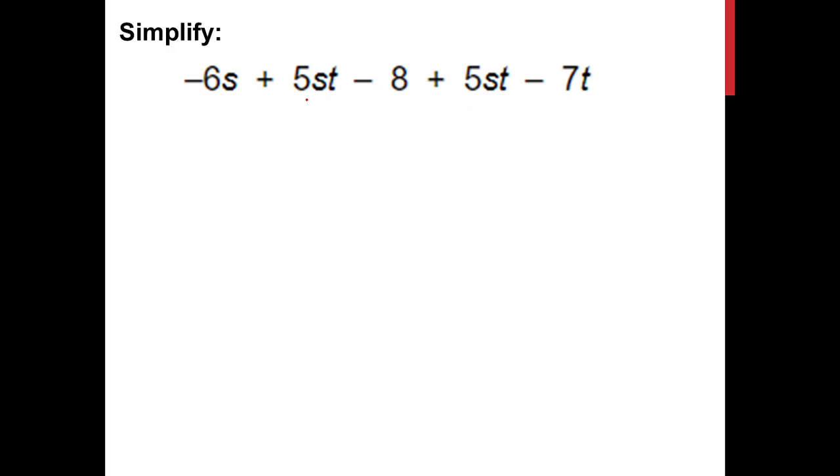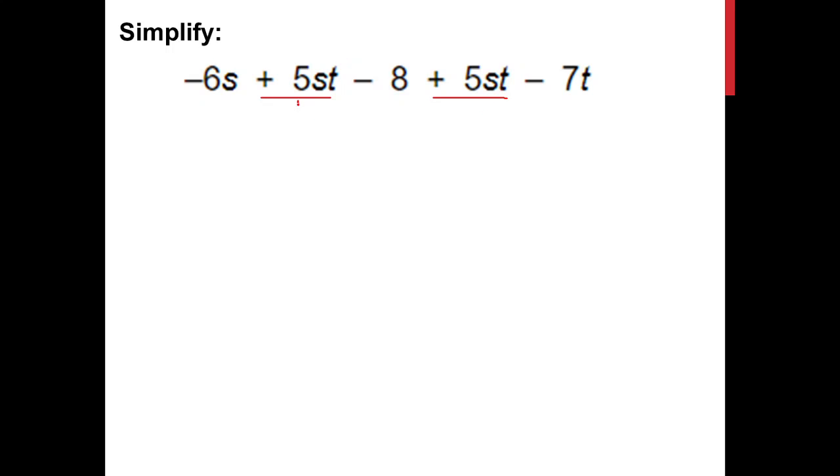In this case, negative 6s does not have any similar term here. St is the same as this one, so we can combine this one and this one, right? T does not have any similar term and also our constant, so we can only combine these two